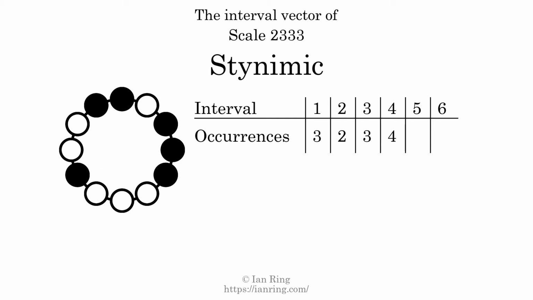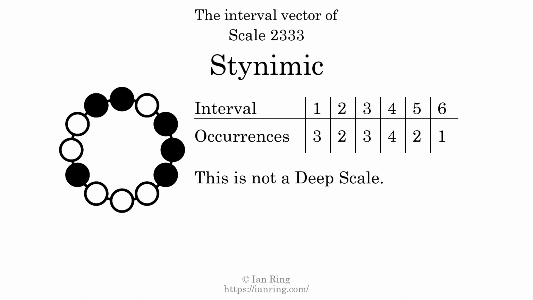There are 4 intervals with the size of 4 semitones. They are here, here, here, and here. There are 2 intervals with the size of 5 semitones. They are here, and here. There is 1 interval with a size of 6 semitones. It is here. Each interval does not appear in this scale a unique number of times, so this is not